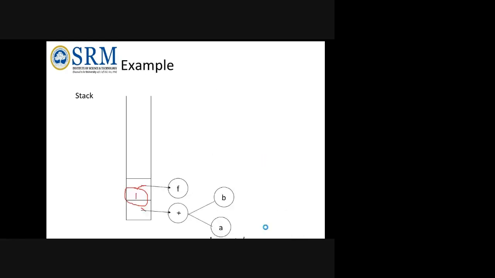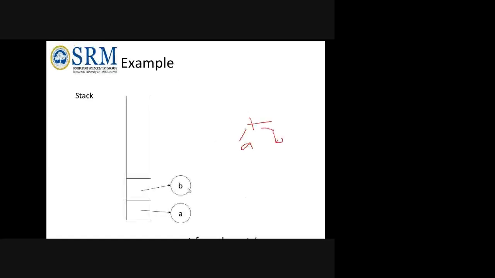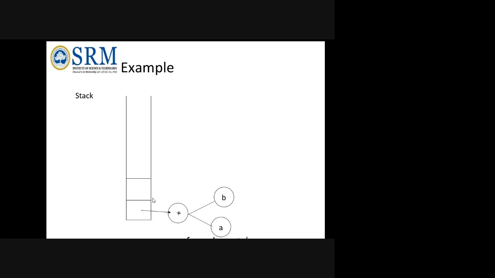So once again I'll tell you, listen carefully. So AB is the expression. So AB is added, A is at the top, then top plus 1, B is there. So top is here now. Now when plus comes, both will be popped, and that will be applied to this line alone. So plus comes, A and B. Now again F comes. So when F comes, F will be in this second, because we know that in the topmost stack F is applied.